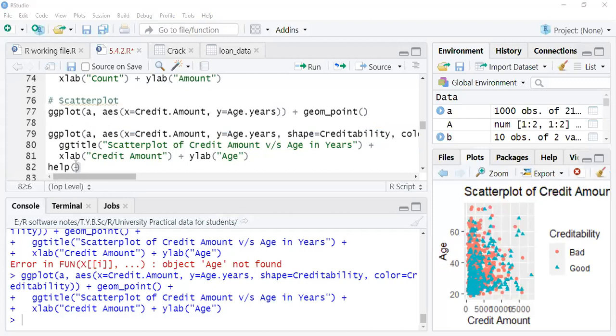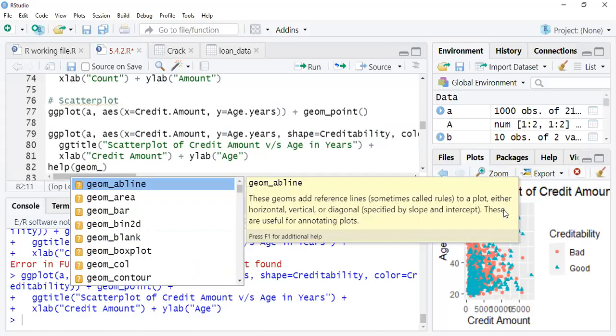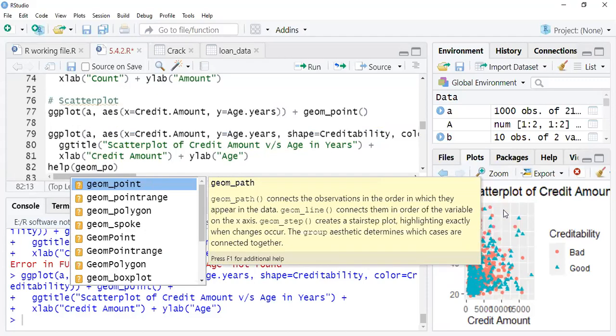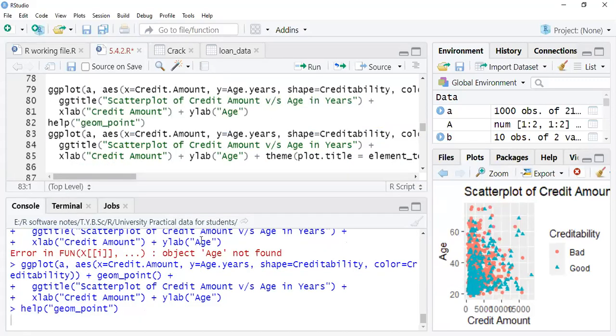Help, let's say geometric underscore point. See if it will show you some syntax or not.